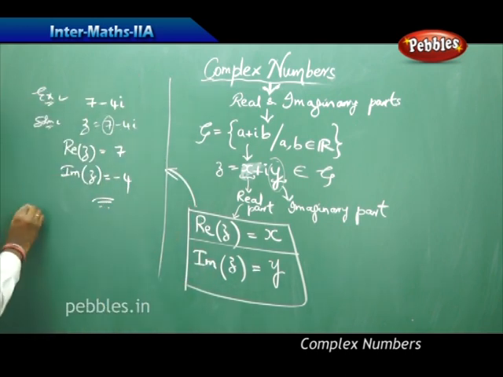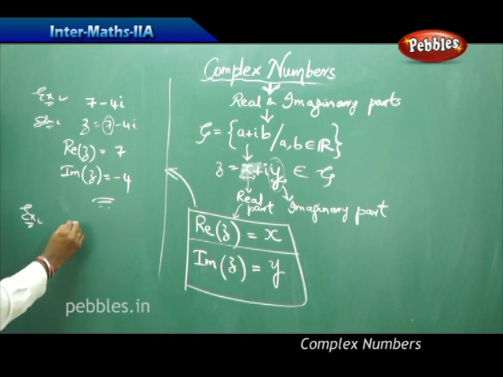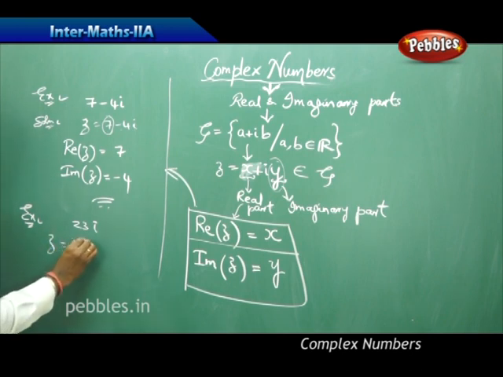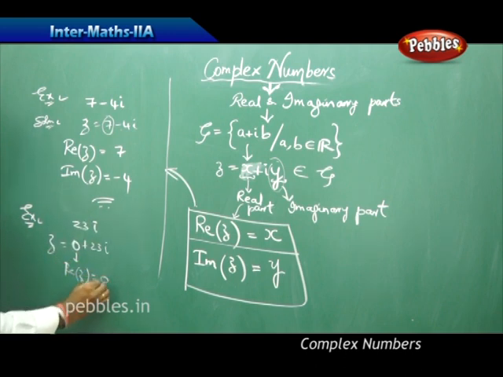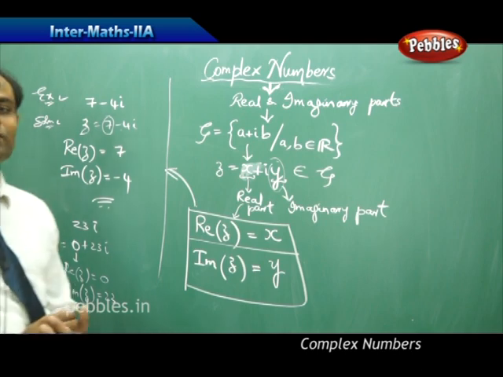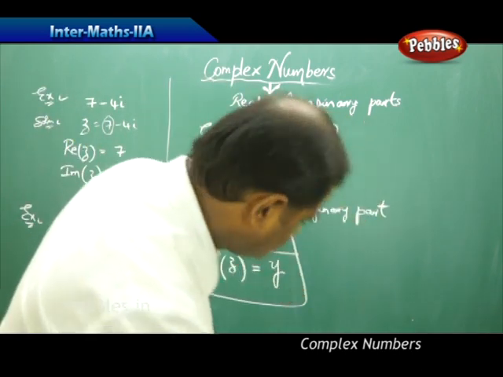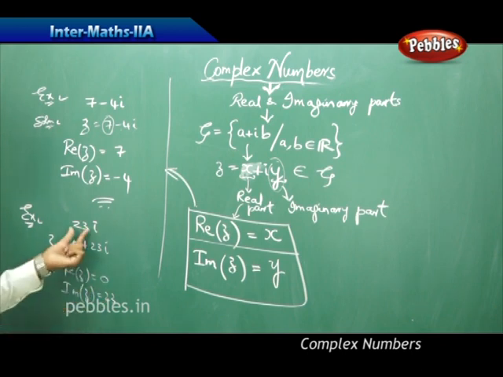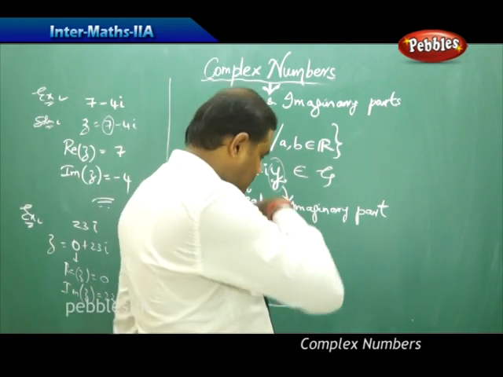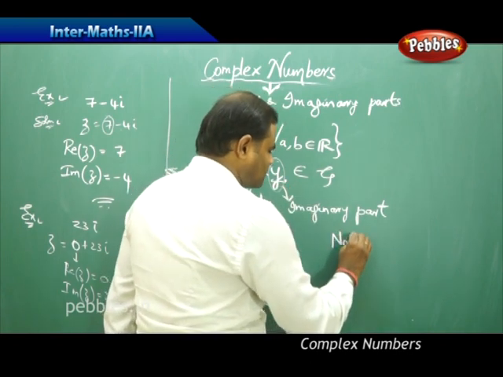If suppose I have a complex number 23i, then in this case my real part is not existing, so this is in the form 0 plus 23i, that is, real part of z is 0 and imaginary part of z is 23, is how we understand the concept. So real part is 0 and imaginary part is 23 because there is no real term, only the coefficient of i. So this gives rise to an interesting property that all real numbers are complex numbers whose imaginary part is 0. That is,